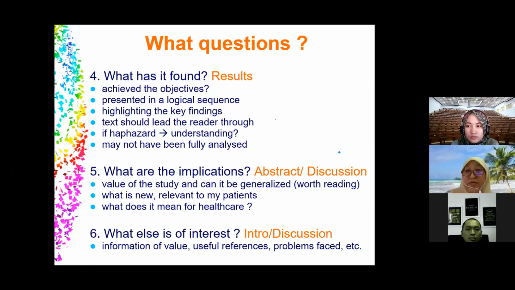So in the result section, you must look at the result and compare it with the objective. Okay, this table is actually tackling this objective. Oh, this explanation is answering this objective. That is how you look at the result of a scientific paper. And the result needs to be presented in a logical sequence. Logical means